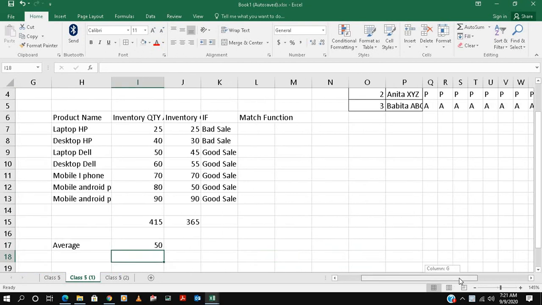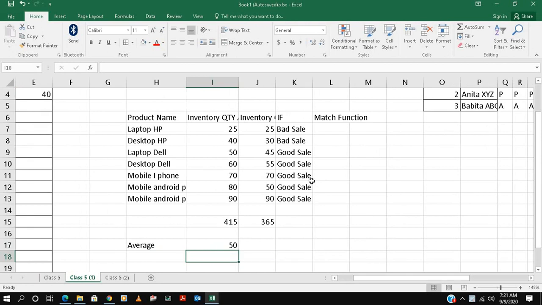Then we have the match function. The match function is basically to match the exact data. So we have 2 months. This is August month inventory and this is September month. Inventory, in business terms, is material we have in our store, material lying with us.